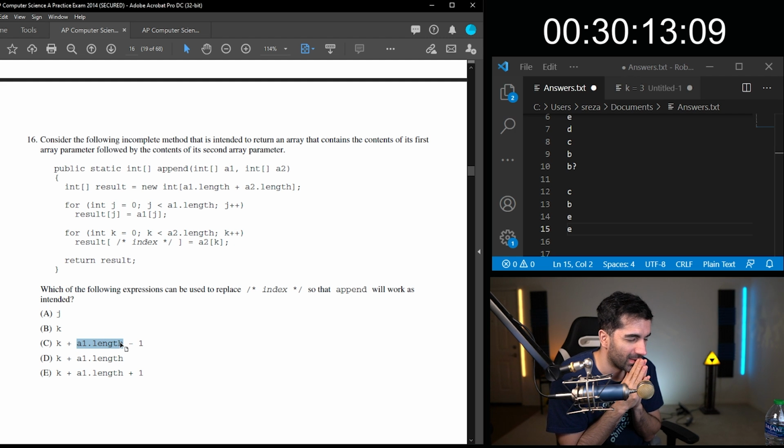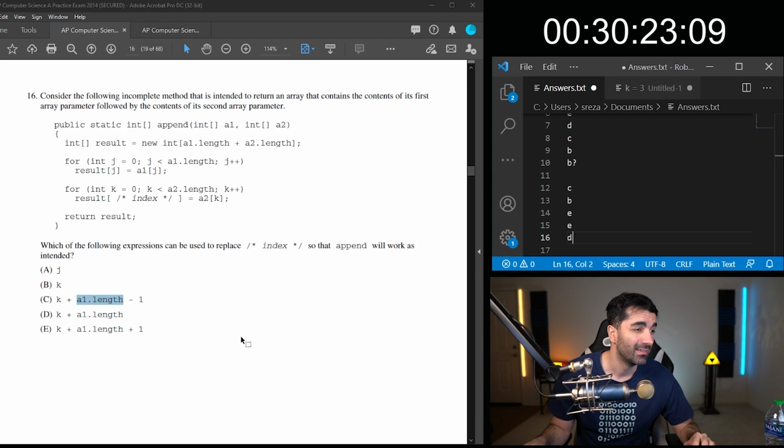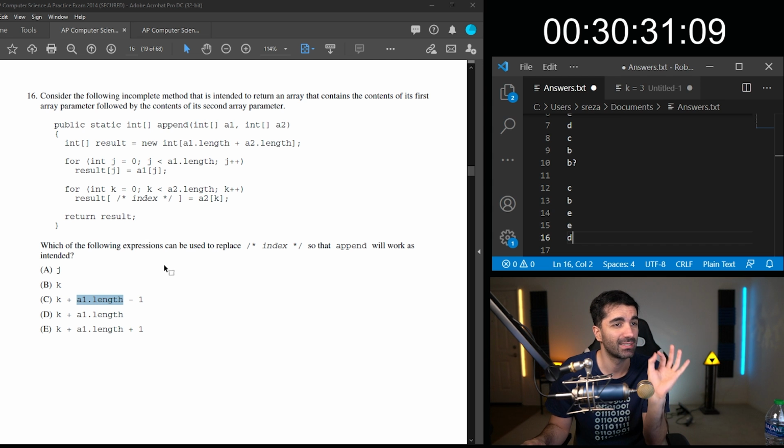I feel like this is D. I really hope it's D. Because if, let's say they're both length 5, you'd want to set the 6th element.